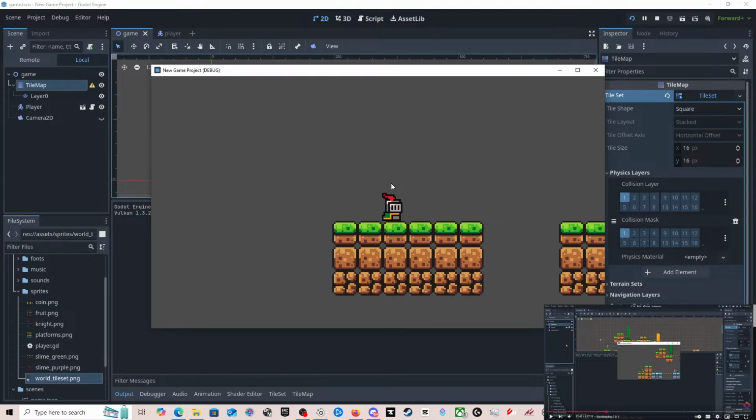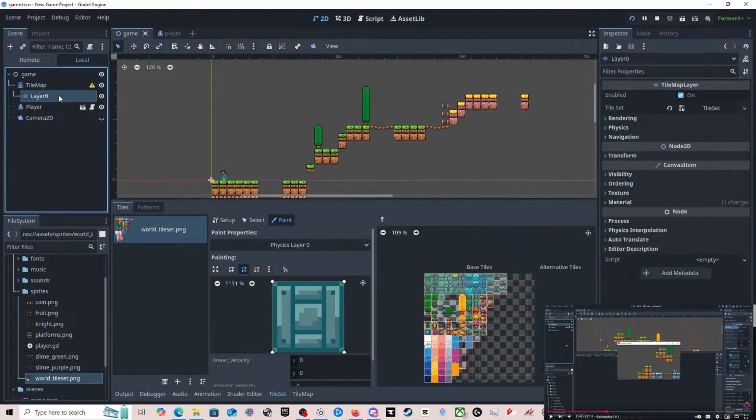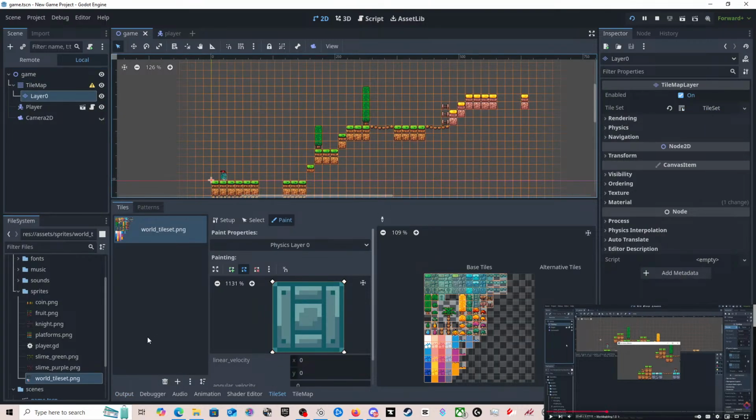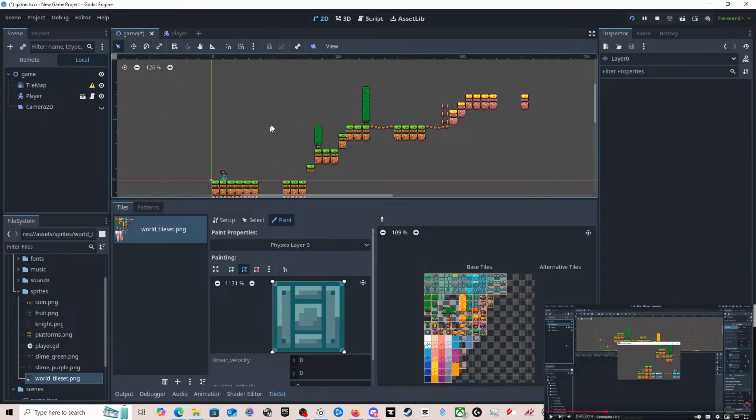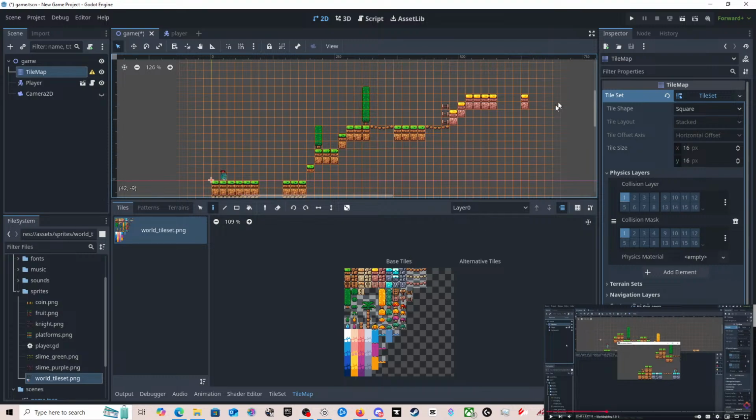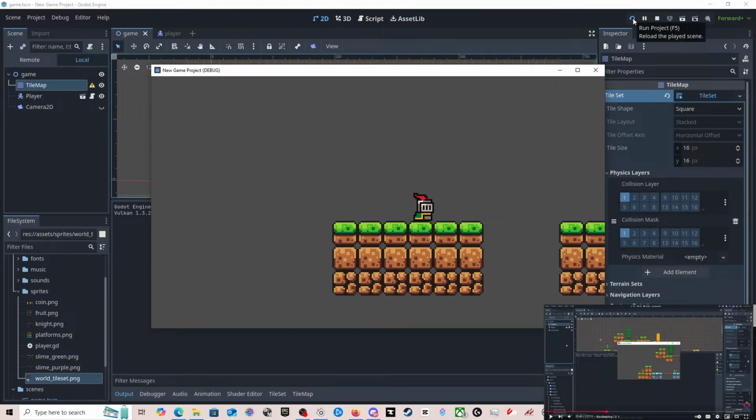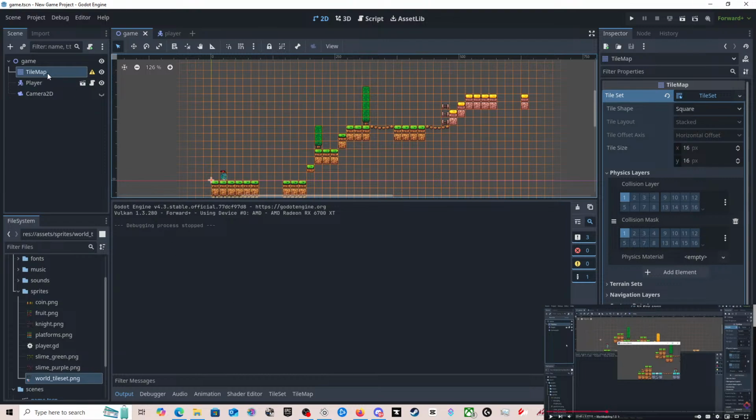Right. So he can jump that far. Seems to be working. I don't know why it's done a layer. Right, let's hold on a second. Let's just see if this works. It does work. Okay, so we've got a warning, but it still works. We're going to have to address that though.